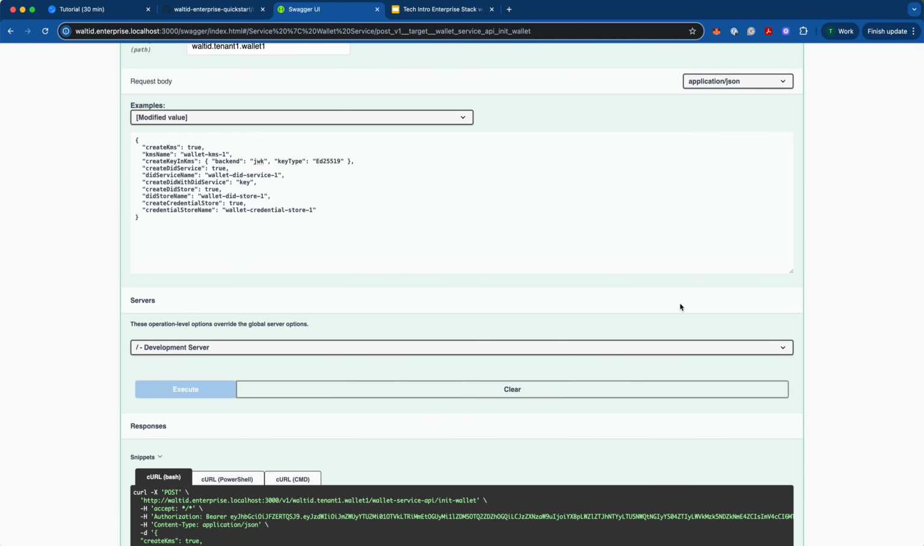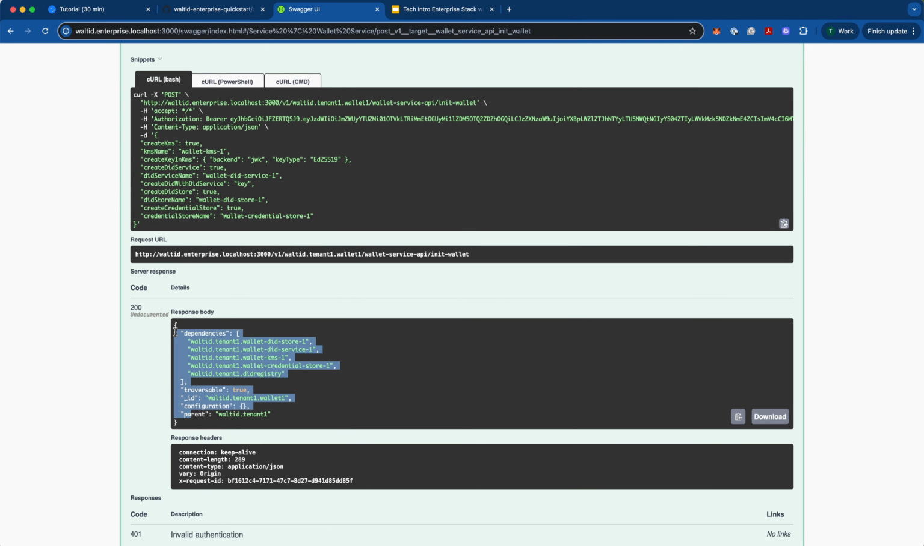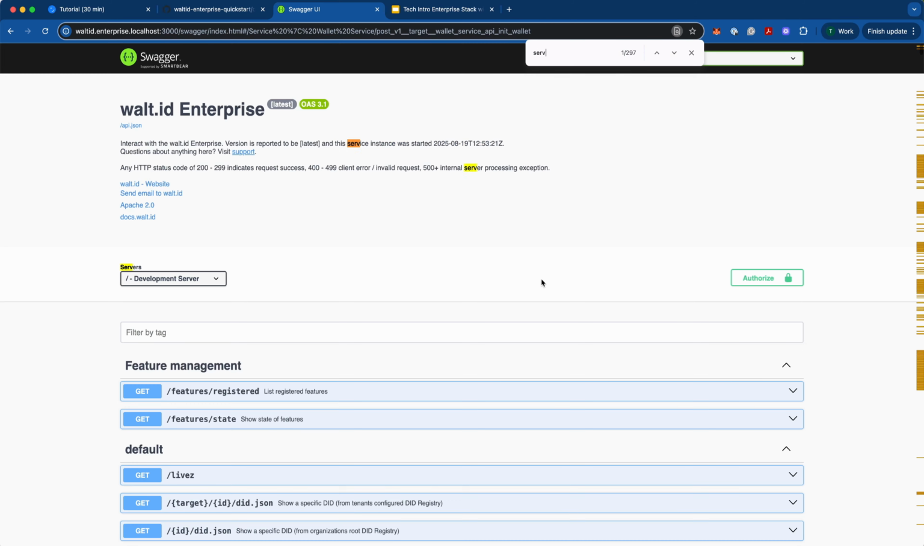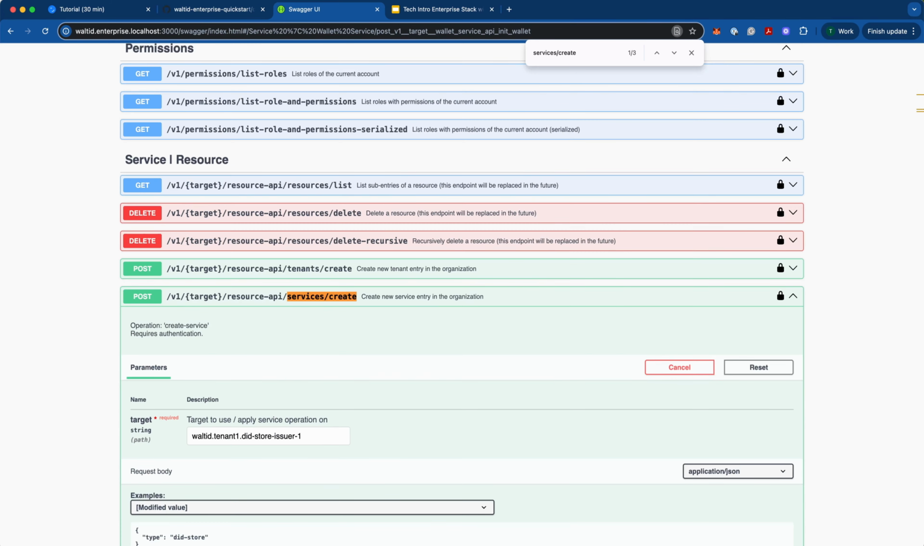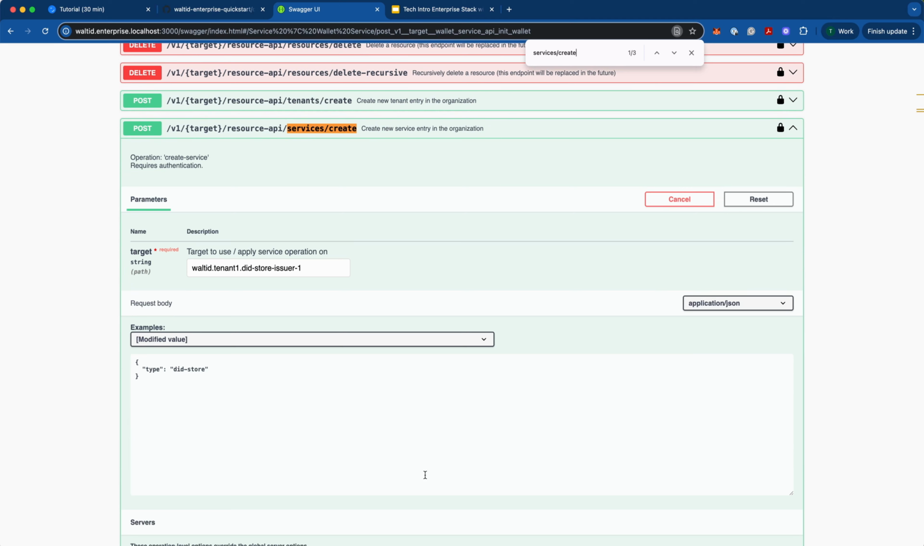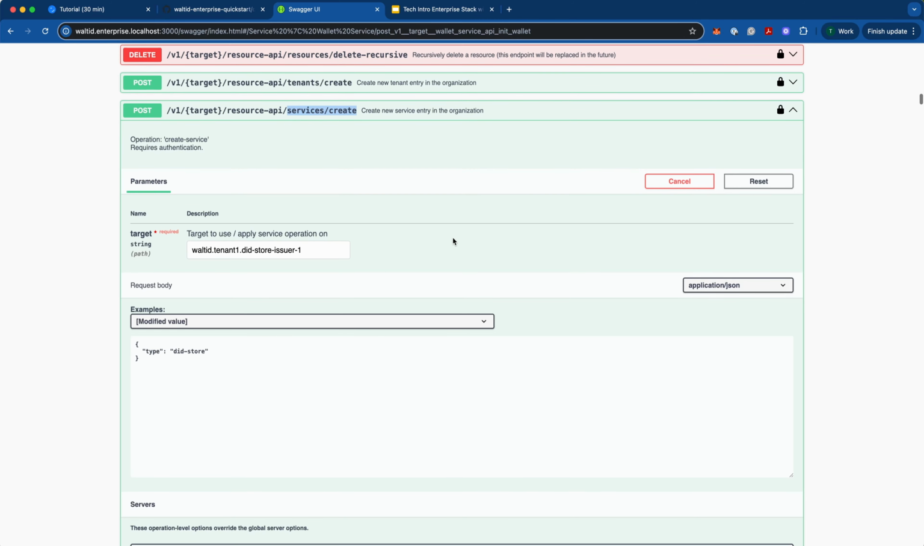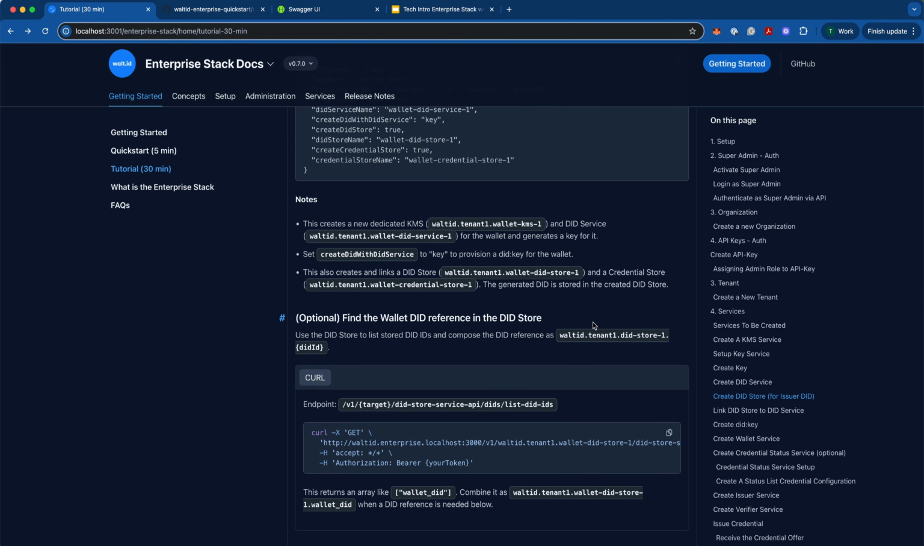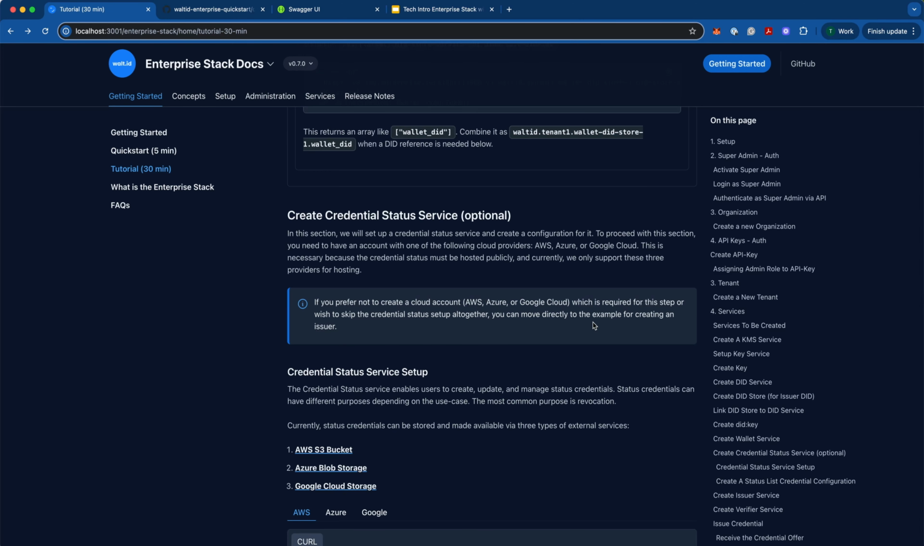Now, when we execute this, we now created all of these different dependency services and attached them. So basically, you could do the same thing using this services create endpoint we used earlier, and then basically attach all of these services to the wallet. But now we just did everything in one go with this init endpoint. So now we have our wallet, and let's now go ahead and create our Credential Status service, which we will